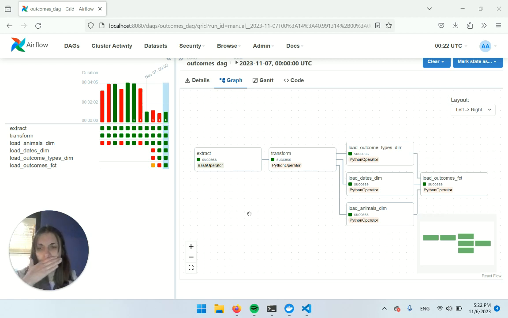In fact, maybe what I could have done instead of extracting into the local file system, I could have extracted into a database already and done all my transformations in a database using dbt, and then my load outcome types Python operator would become dbt functions together with Postgres, such as load the data into